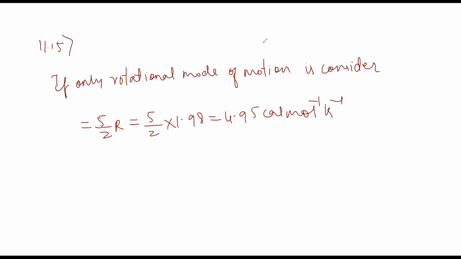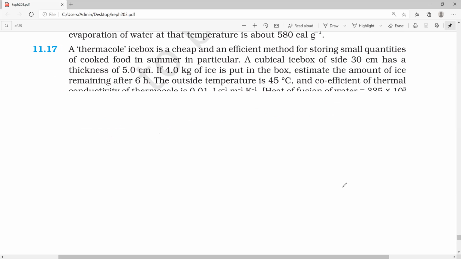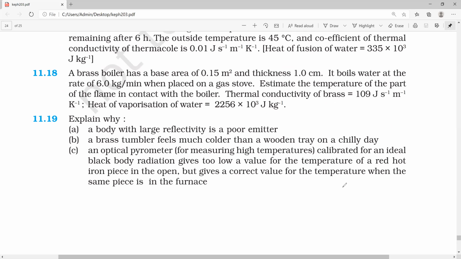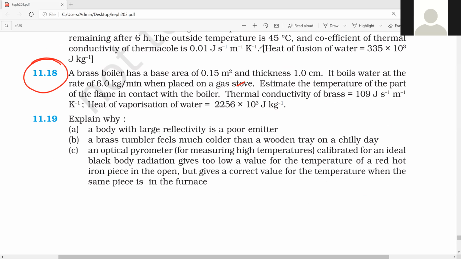11.6 and 11.7. And next we shall solve 11.18. ಏನ್ ಕೇಳಿದಾರ ನೋಡ್ರಿ. 11.18. So what the question is,